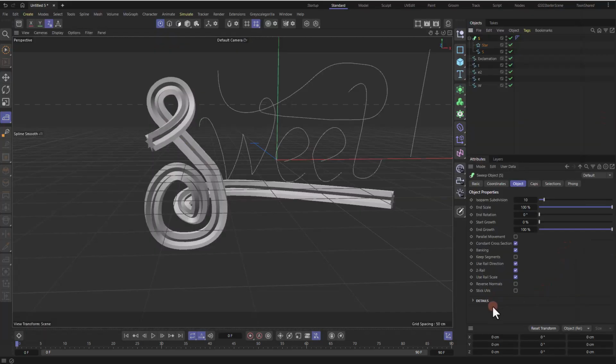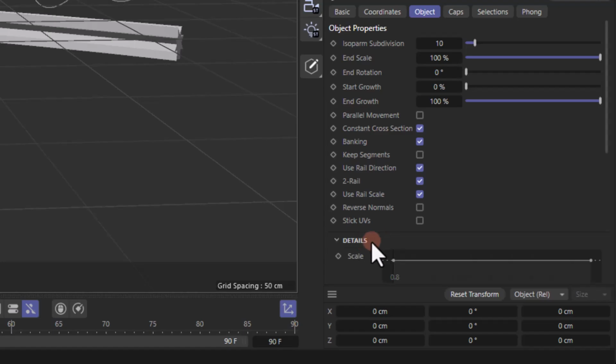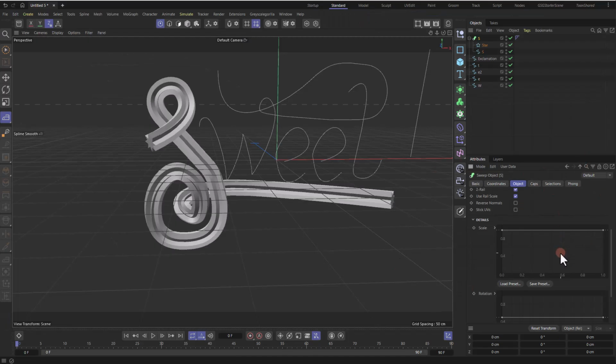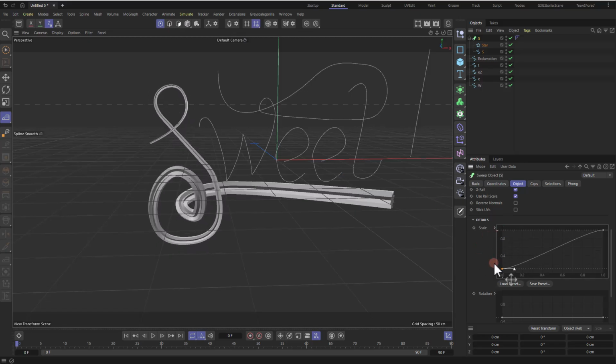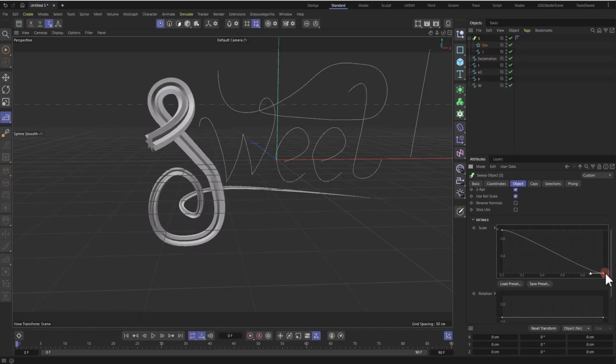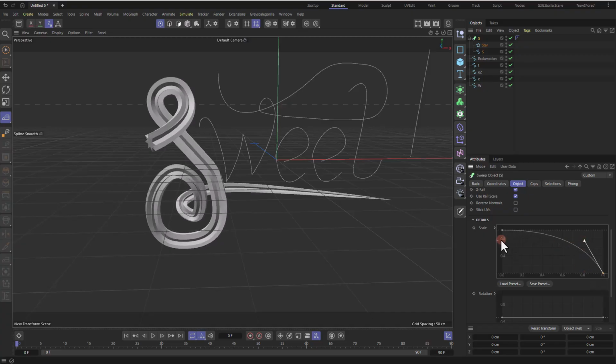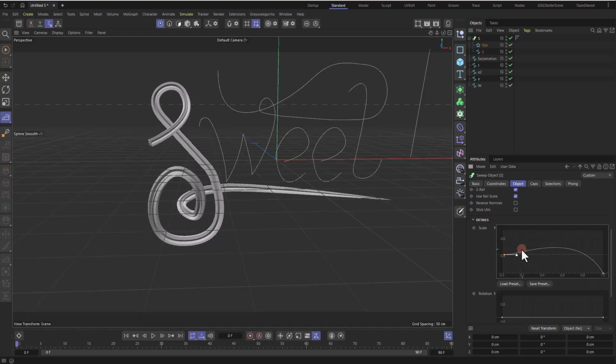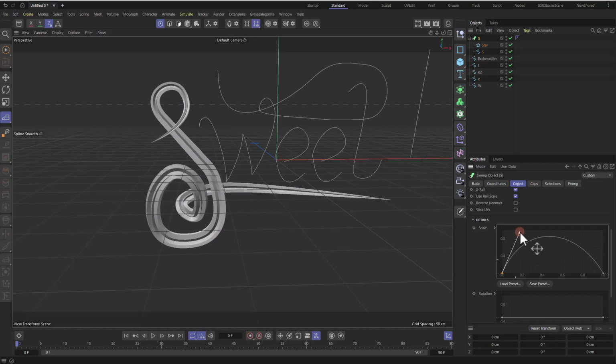So we're going to learn something new, which is opening this details tab down here. We get another spline that controls the scale of our sweep. So this is the start scale and this is the end scale. And what we want is that the start and the end are all the way down. Meanwhile, the middle is all the way up. So I will bring these down and then move the tangent that comes with it to make it bigger in